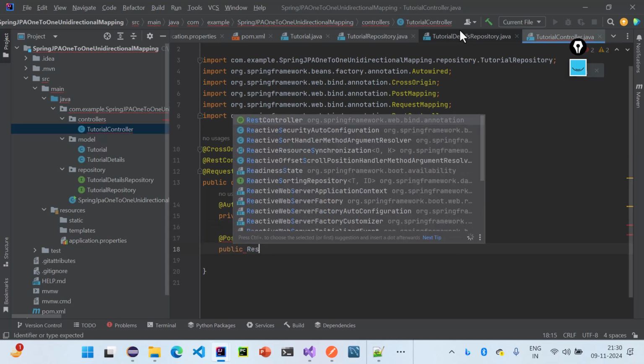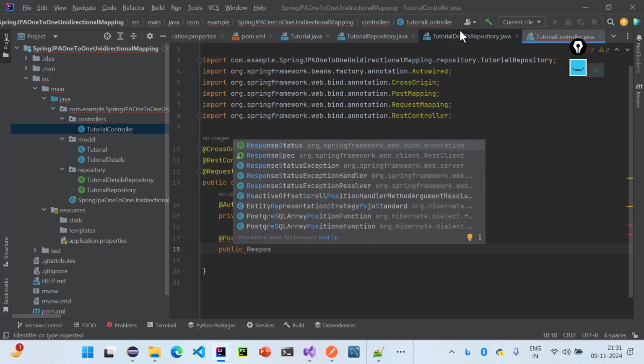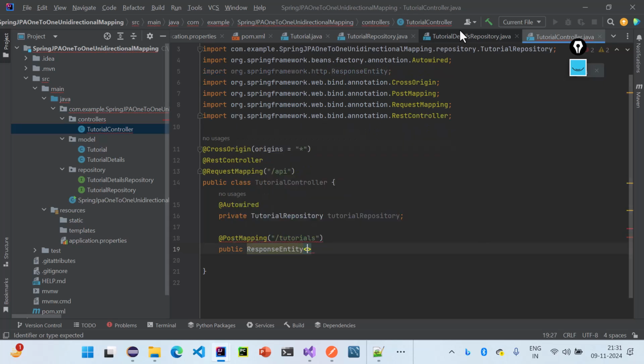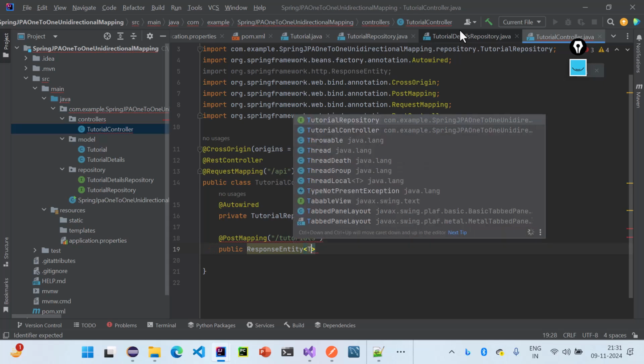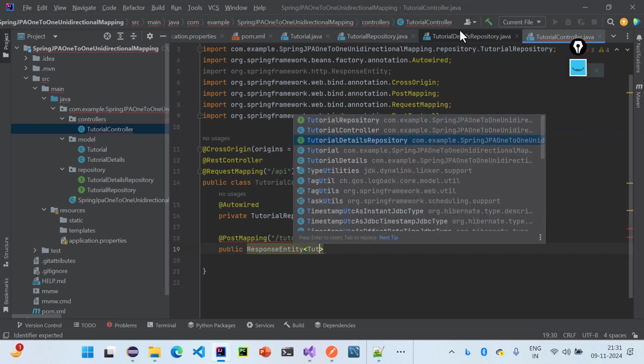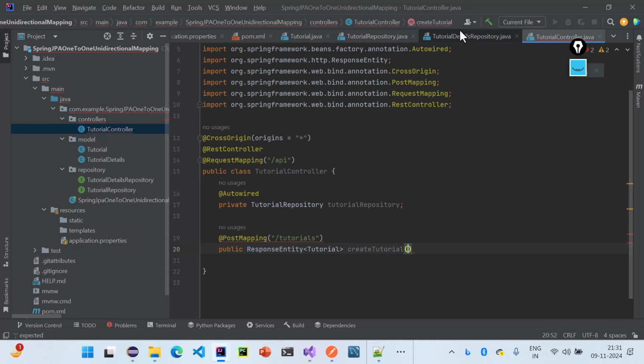response entity, and our object is tutorial. ToString method is already created. So when I will return, I will get exactly in the same format what we have mentioned in the ToString method. The name of a method can be create tutorial, and here while posting I need the entire JSON to be given. So via request body,